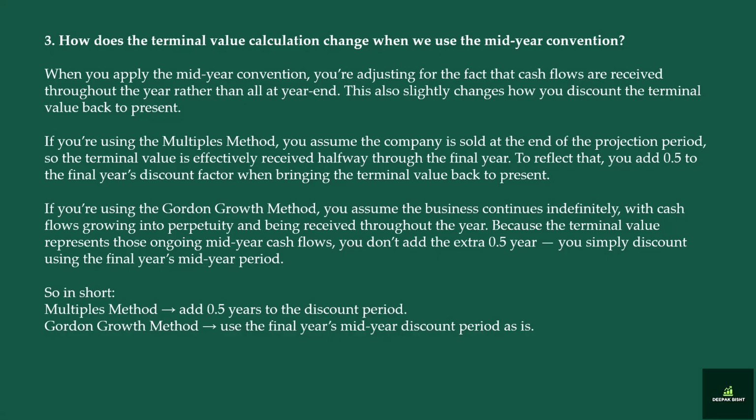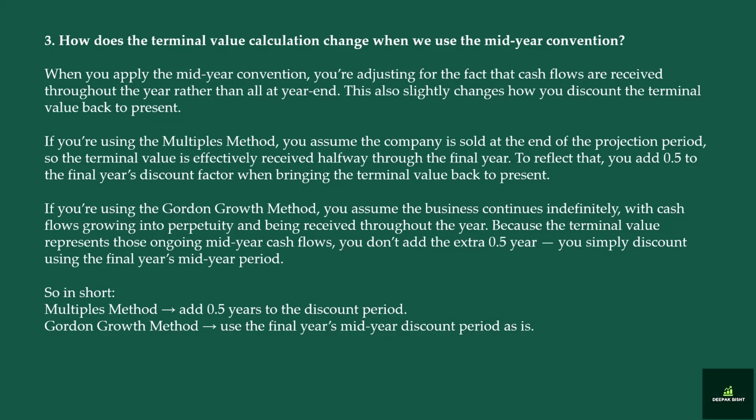And this affects how we discount both interim cash flows and terminal value. The adjustment to the terminal value especially depends on the method used to calculate it, either the multiples or the Gordon growth method. Under the multiples method, the terminal value is based on an exit multiple of a financial metric